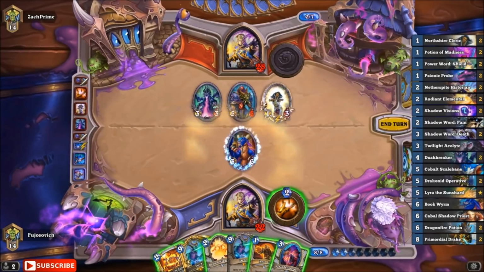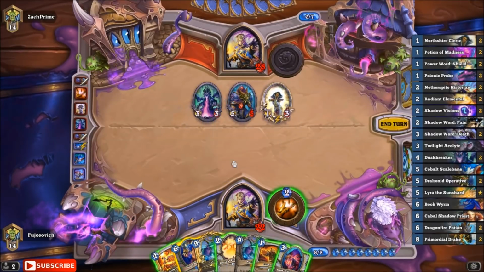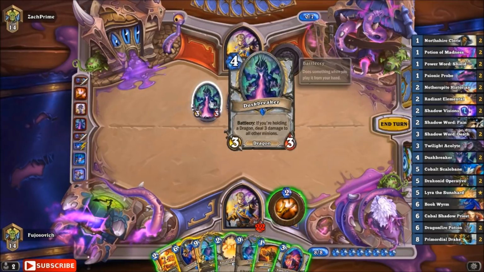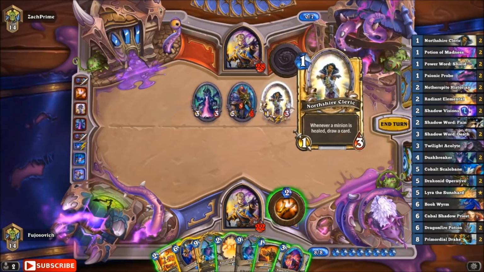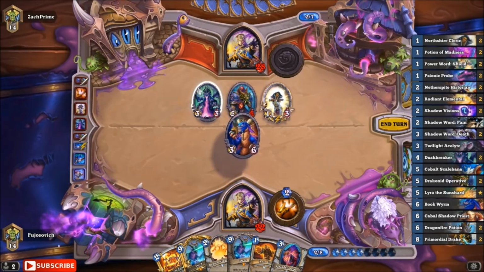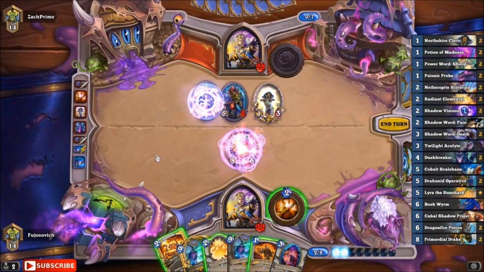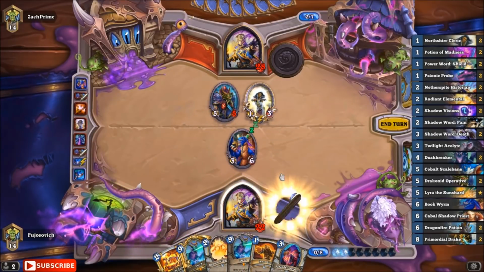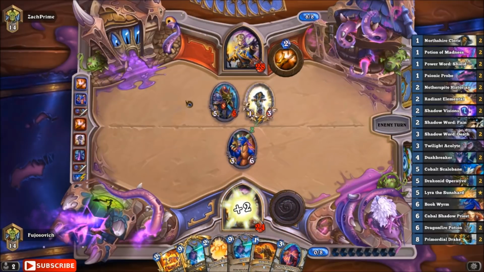Oh, how do we do this, actually? So we only have 6+2 right now. So the question is, do we want to get rid of the 3/3, which is obviously the more powerful minion? Or do we get rid of the Northshire in order to deny the draw? And I think we have to do it this way. And I think we will heal, and then we'll say go. And we have to hope that our opponent...